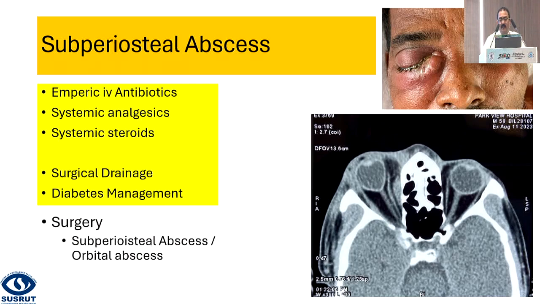Now let's look at this situation. So this patient is a diabetic, presents with acute inflammation involving the orbit and has a lacrimal abscess. But you look at the scan, so this shows the inflammation arising from the sac. You have the fat stranding, which is typical of orbital cellulitis. You also have a subperiosteal abscess here, but very important, look at the straightening of the optic nerve and the tenting of the globe. Now this is an ominous sign for vision loss. Again, treatment would be the same as for the previous situation, but here you would also do surgical drainage.